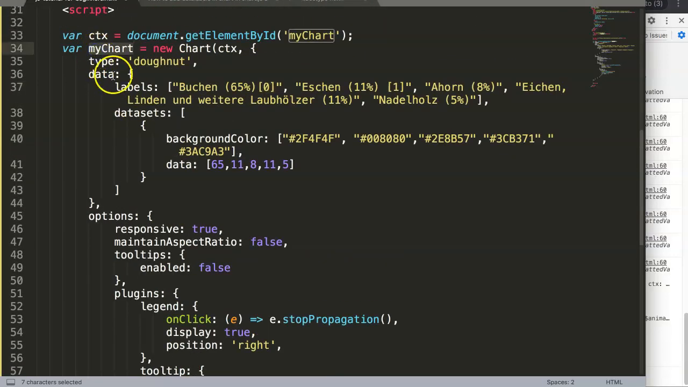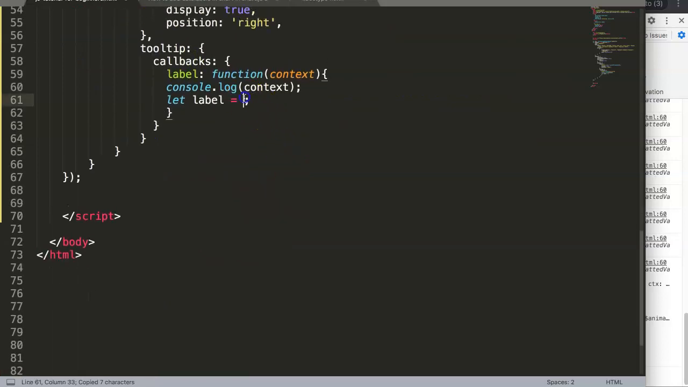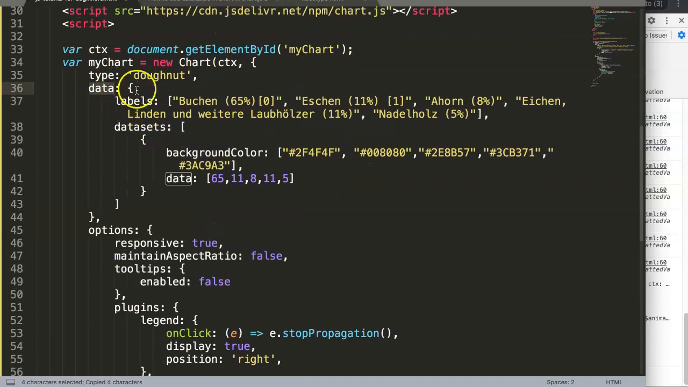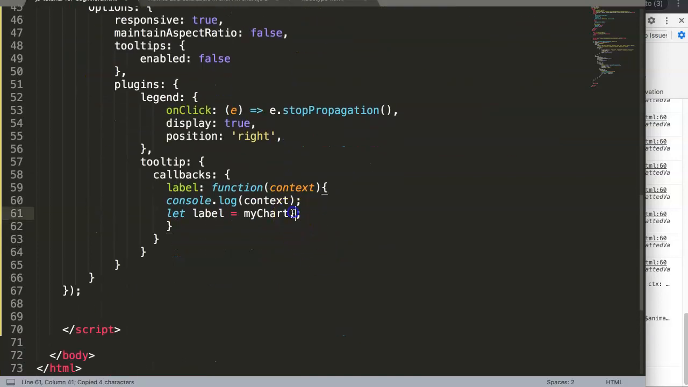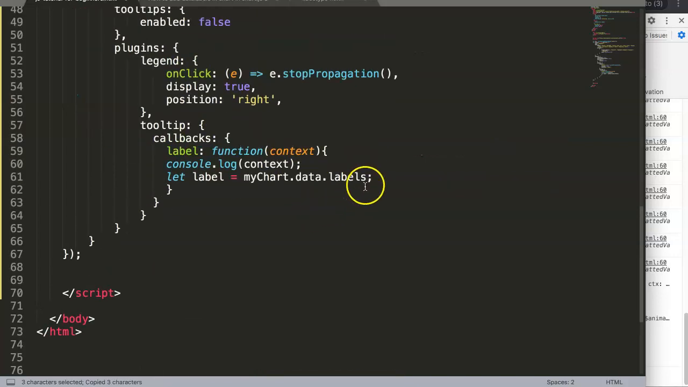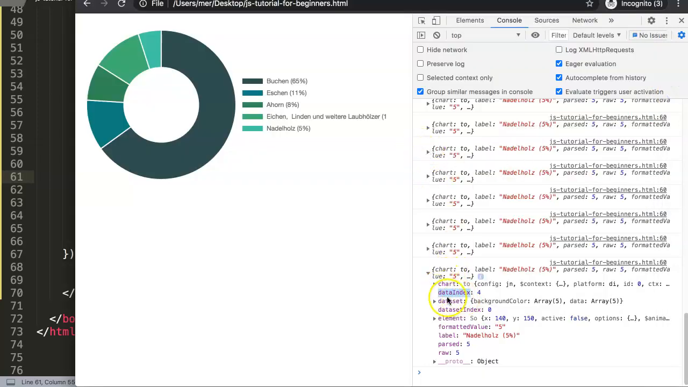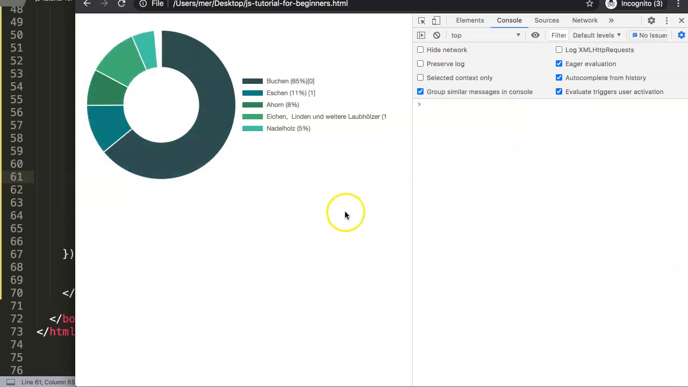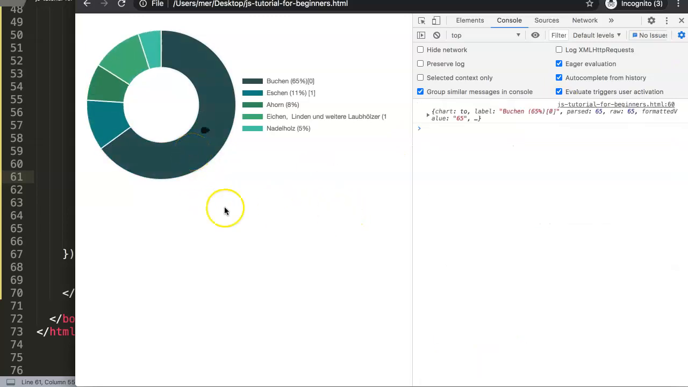All right, so we have this here. We say my chart dot data dot, and then we get the labels. Why labels? Well, this is the structure: my chart data labels. Of course, we can hard code this with 0, and afterwards we're going to soft code that based on the hover effect, with this simple code. All right, so once we save this and refresh,